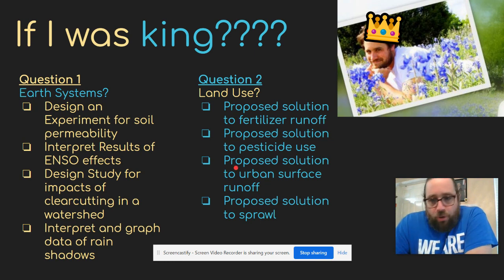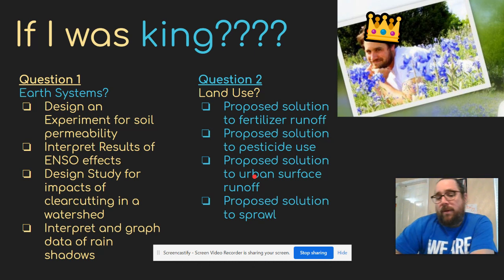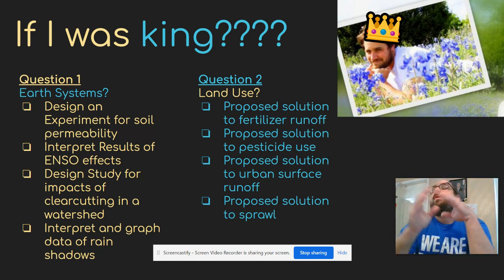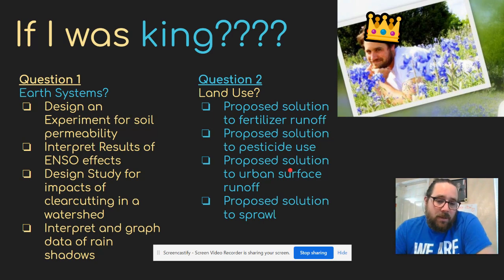Propose a solution for urban surface runoff. So because of the sprawl, we have runoff. So maybe propose a solution to sprawl, urbanization. So we have smart growth. How do we incentivize that? So if I was king, that's what I would make my two questions be over. These are 100% guesses, but I think they're kind of educated guesses. So maybe that's what you want to be focused